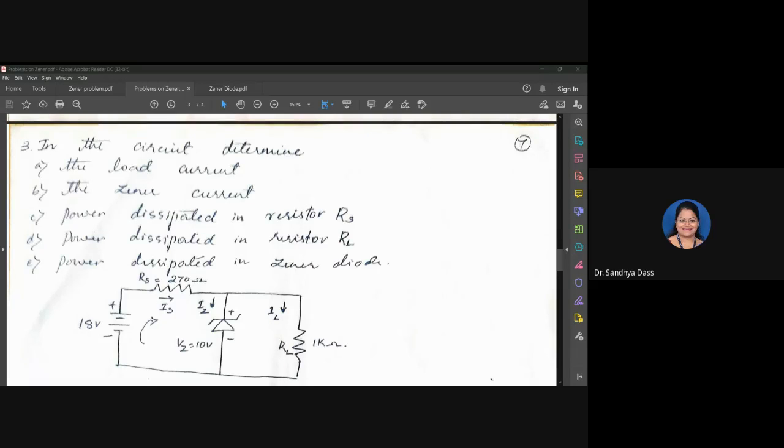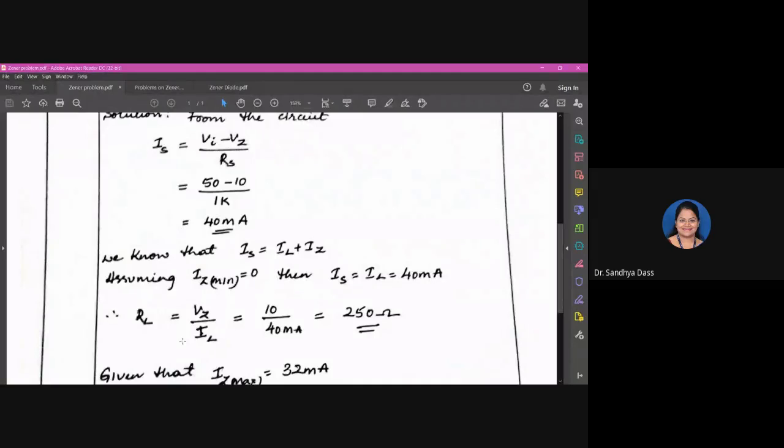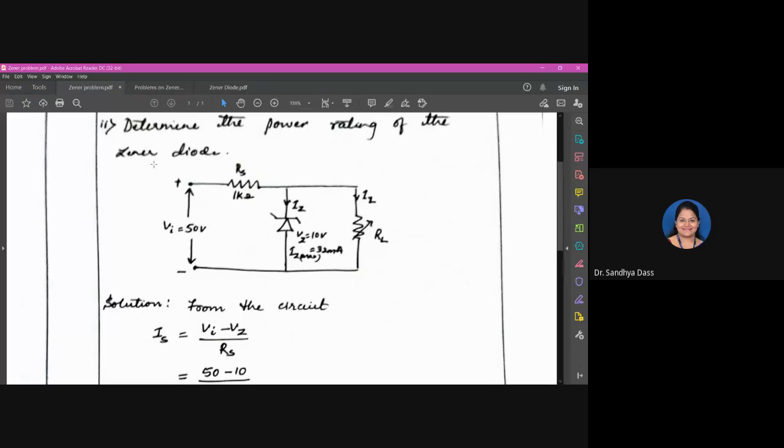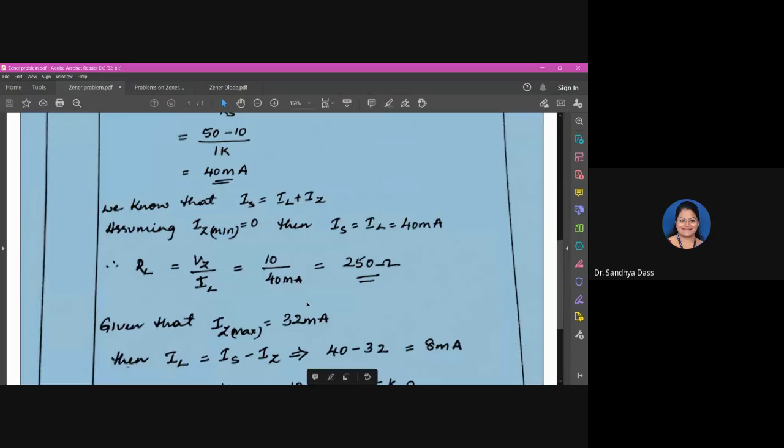Will they give what to assume in the exam? Yes, if at all any parameter is not specified, you can always mention assuming this value so and so. But again, it should be within the specifications. You can't simply assume things as you want. If it lies within the specifications, within the basic theory, then you can always assume things.